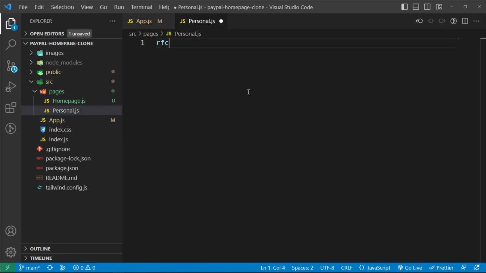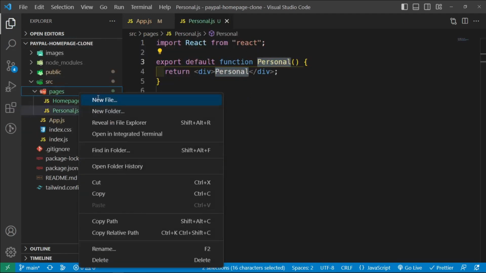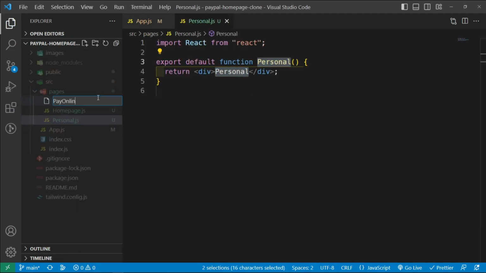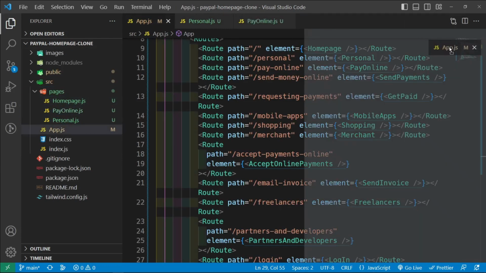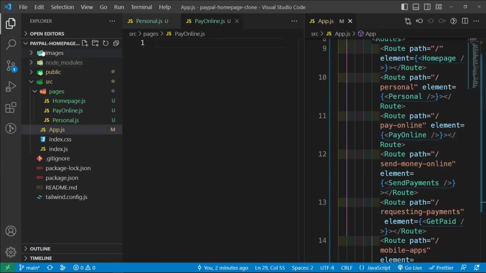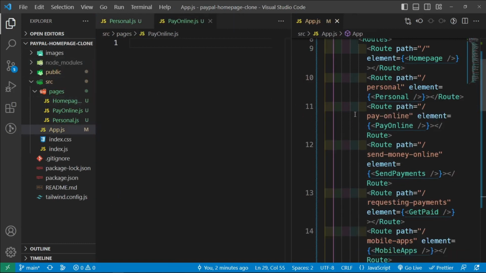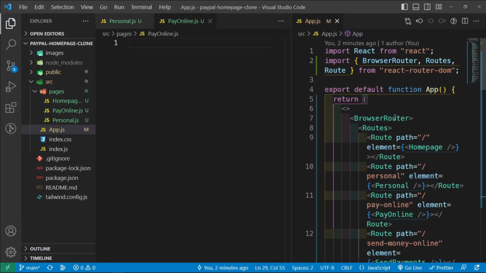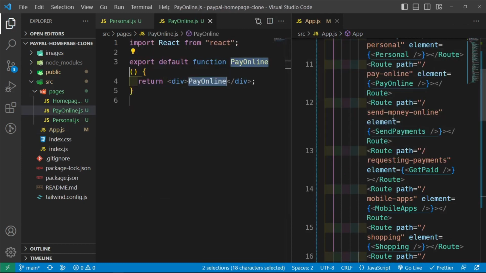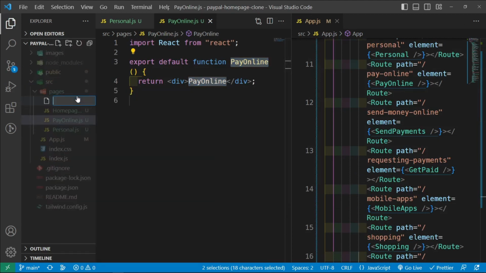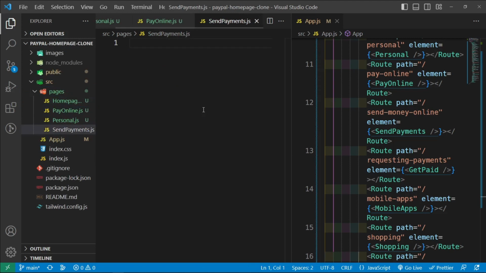and then let's say RFC, and then let's go ahead and create pay online. So pay online.js. Probably I want this to be open somewhere so that I can see the names that we are creating. Oh my god, this is hard. So pay online, let's say RFC here, and then we need this send payments. So new file, send payments.js, let's say RFC,